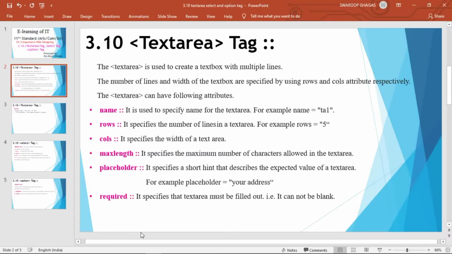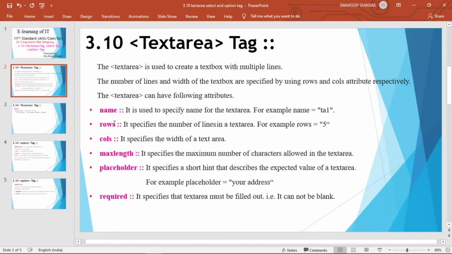There are different attributes for this text area control, like the name attribute. Name is used to specify a unique name for that text area. That name can be a user defined value. You can specify any meaningful name. And name is an attribute, so it is included within this text area tag. Text area, after that name equal to, within double quotes, you have to specify a value for that name attribute.